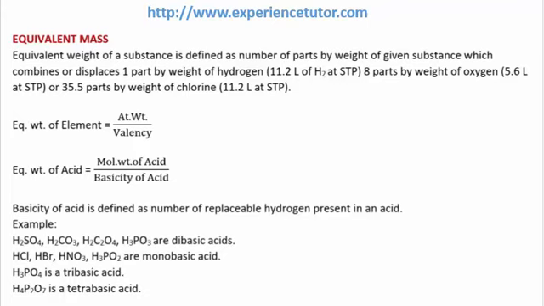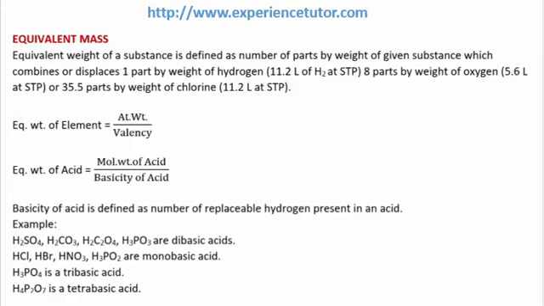Equivalent weight of an element is equal to atomic weight upon valency. Equivalent weight of an acid is equal to molecular weight of the acid upon basicity of the acid. Basicity of an acid is defined as the number of replaceable hydrogen present in an acid. Example: H2SO4,